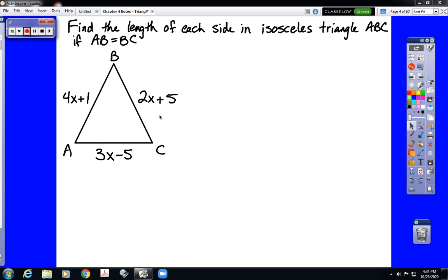Okay, ladies and gentlemen, welcome to the second of two videos for Chapter 4, Section 1, Classifying Triangles. This video is going to show two examples of more advanced algebra-based problems, similar to questions that you might see in a way on the SAT, not quite the same. But again, these are two-step problems where we are told information about the triangle itself and we are asked to find